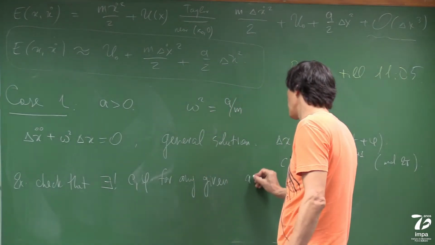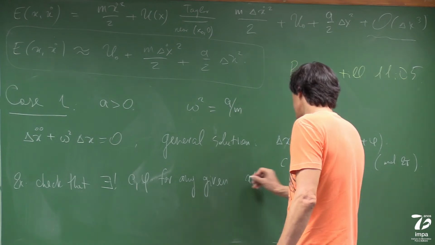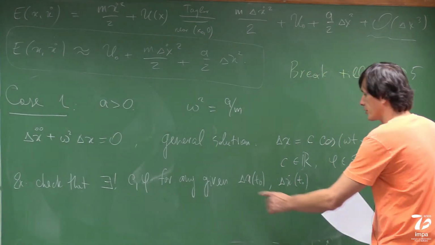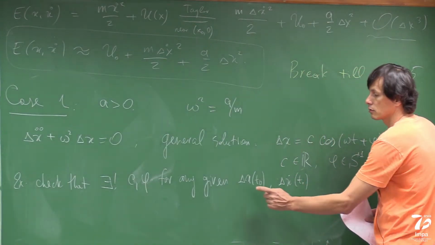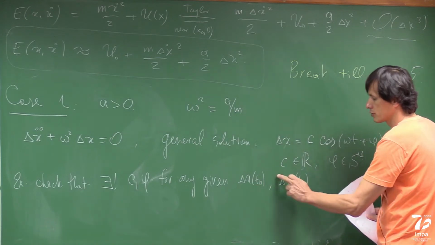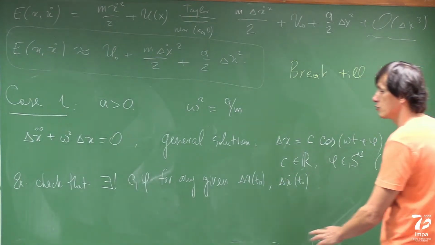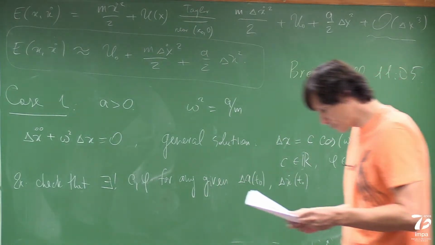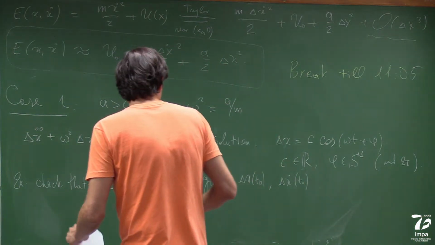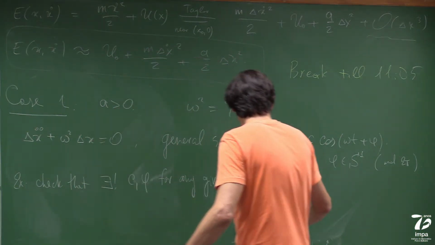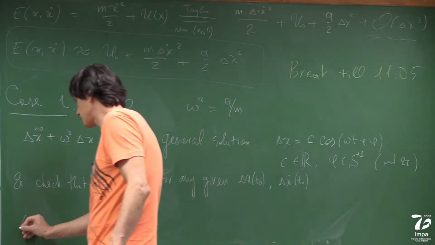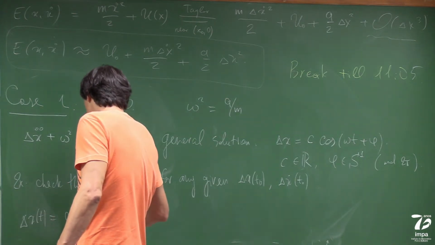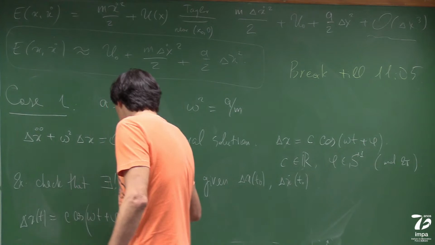Initial condition means that if you are given coordinate and velocity at any time, then it uniquely defines the two coefficients, and then you have a solution. So whenever we have a solution delta x in this form, you can also define velocity. Delta x of t is c cosine omega t plus phi,